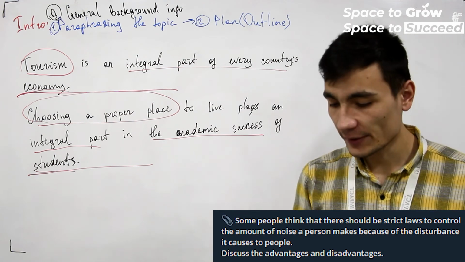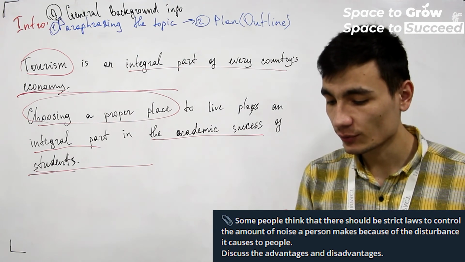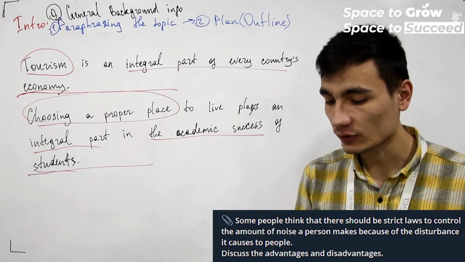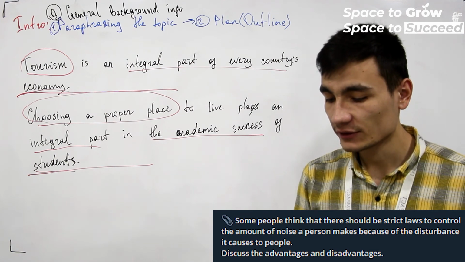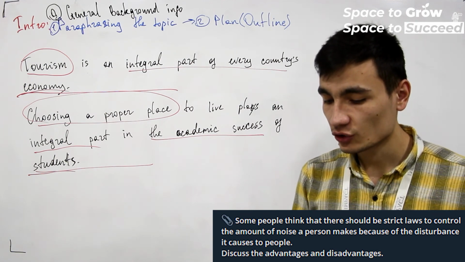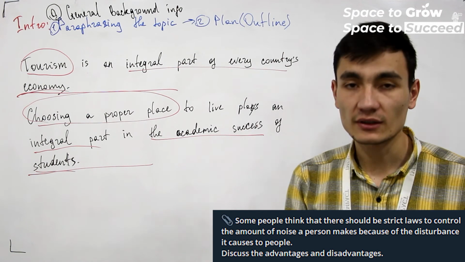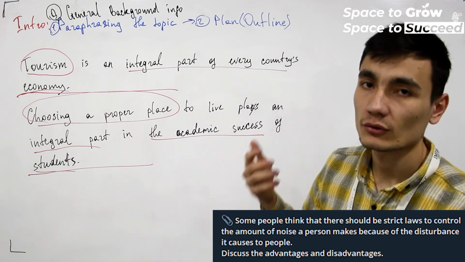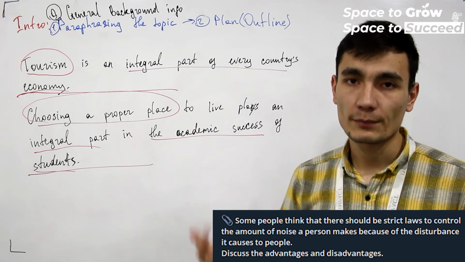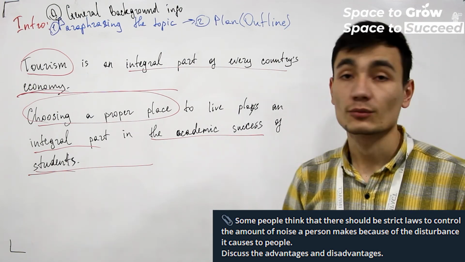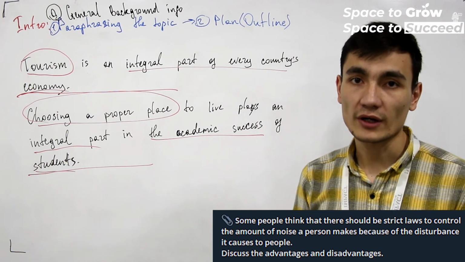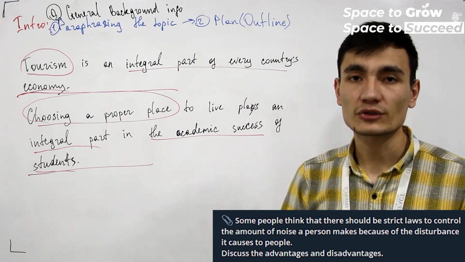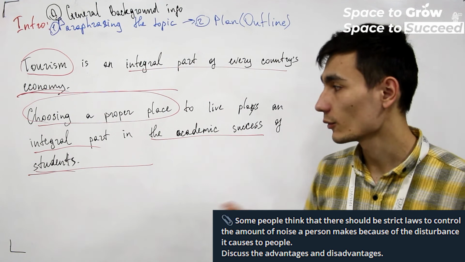And the last topic is: some people think that there should be strict laws to control the amount of noise a person makes because of the disturbance it causes to people. Discuss advantages and disadvantages. In this part, as you see, this is about cities, this is about noise pollution, this is about penalties, and this is about problems in general. So we have to write here that noise is a big problem in cities, and we write